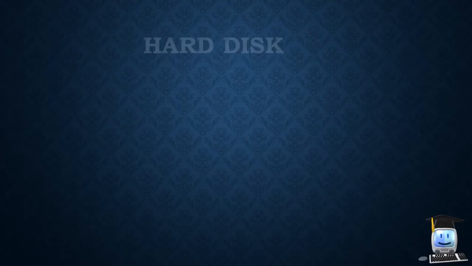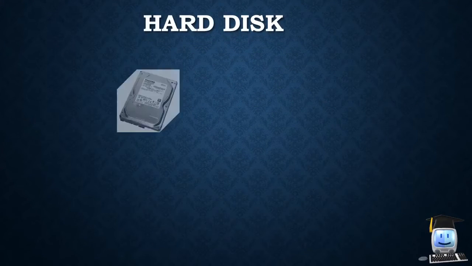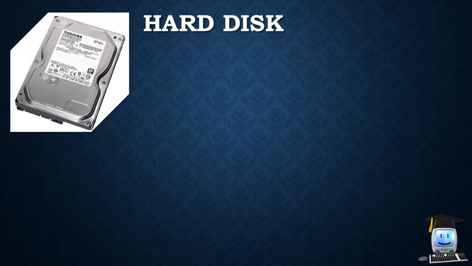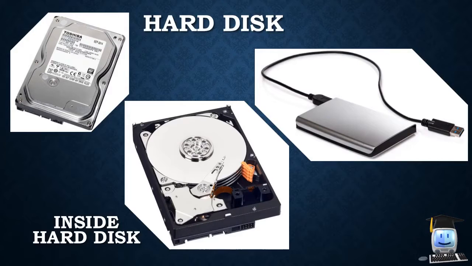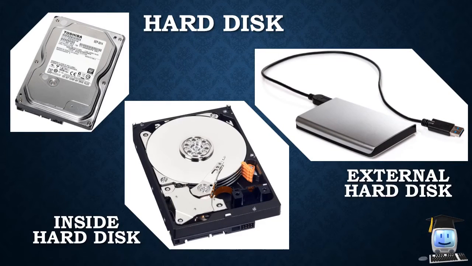First secondary storage device is hard disk. It is the main storage device for computers. It is fixed inside the CPU box. It can store large amount of data up to 8 TB. It is made up of magnetic disk that stores data magnetically. It rotates when we store data or retrieve data.